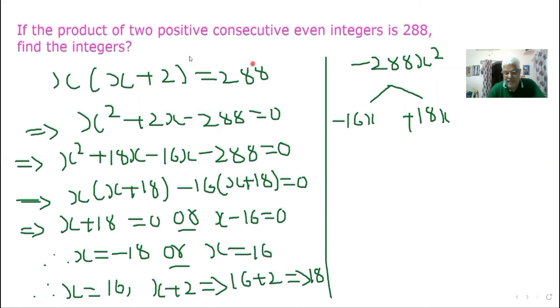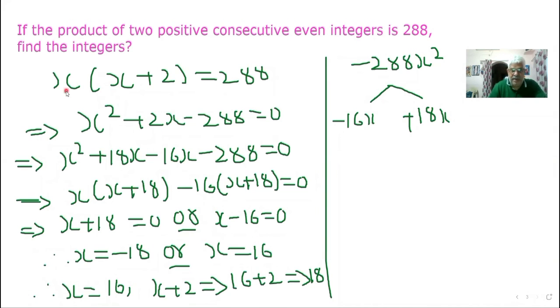Remember, my dear friends, if you are able to write this equation, very easily 3 marks will be yours, because verbal sums from the quadratic equation will be asked for 3 marks in the annual examination. Only thing is you have to convert the given problem into an equation. If you are able to write it, you very easily get the 3 marks, dear friends. Remember, record it and you work on this.